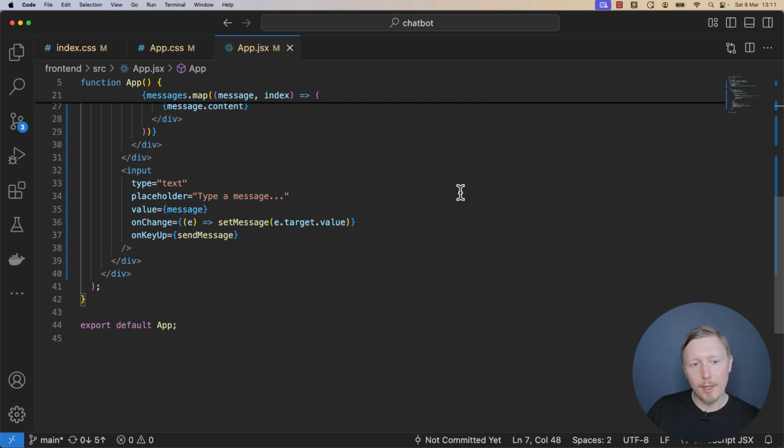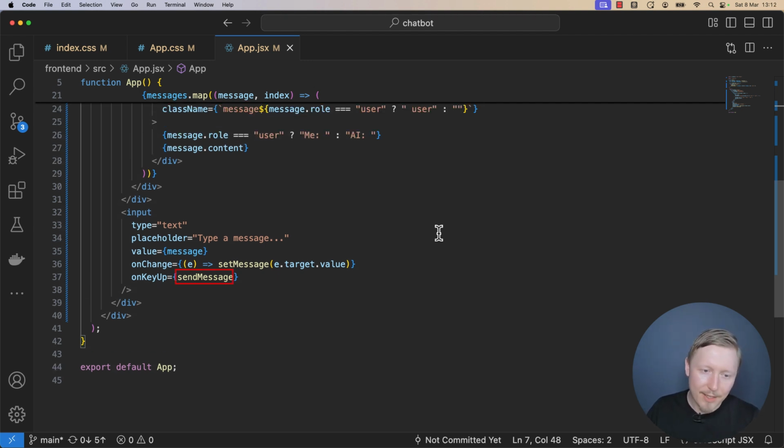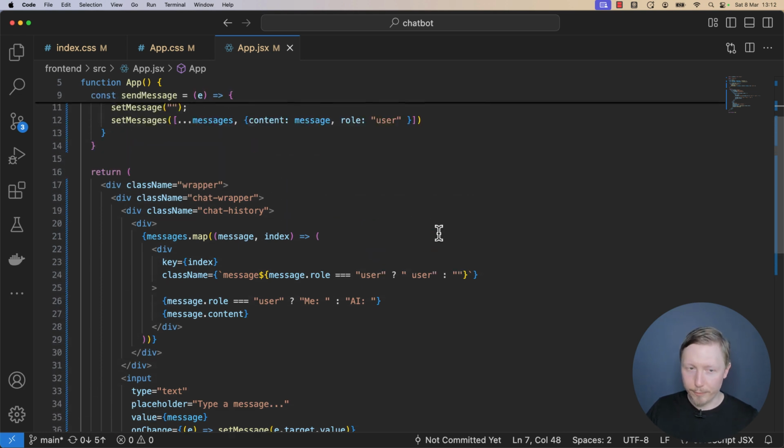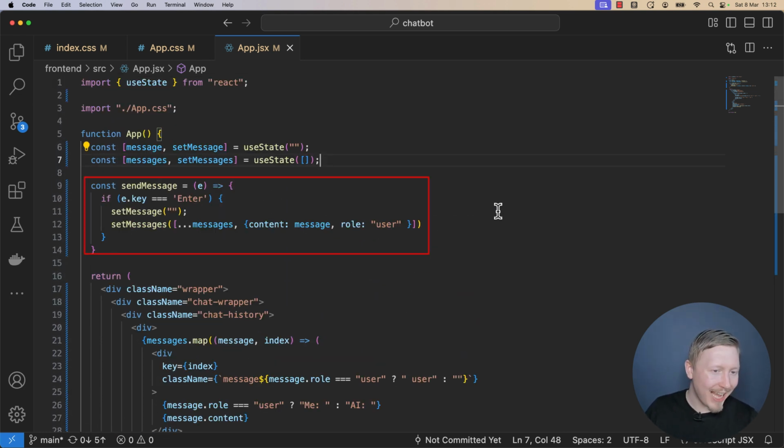And then you have the onKeyUp, which handles the enter key press. I didn't have a send button. I just made it so it sends whenever you hit enter. Essentially every time a key is pressed, it runs the send message function, and the send message function checks here whether the key press is enter. If the key is enter, then clear the message that was in the input, because usually in a chat, when you send a message, it clears the message that you typed. Clear that by calling setMessage with an empty string,